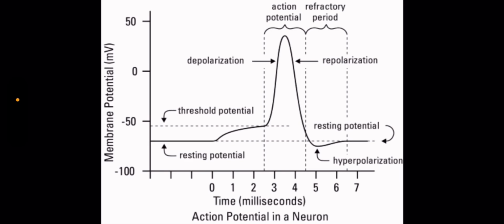If the stimulus is big enough, it will trigger a rapid change in potential difference. And this causes the cell to become depolarized, as it's no longer polarized, which it previously was at resting potential. And this sequence of events that happens is known as the action potential. Now, if we look at the figure, we can see the action potential, which is when it reaches